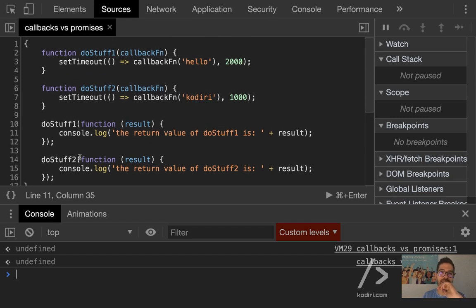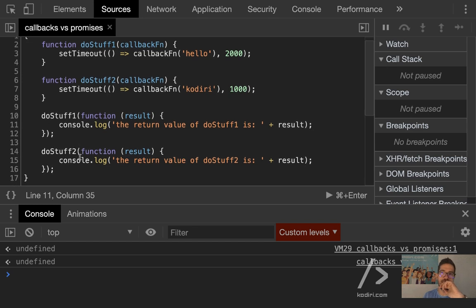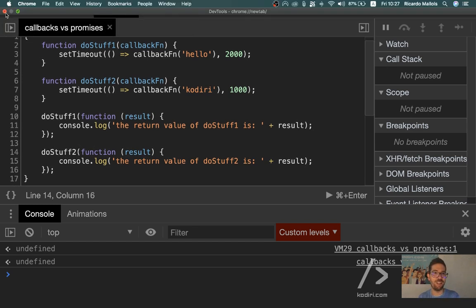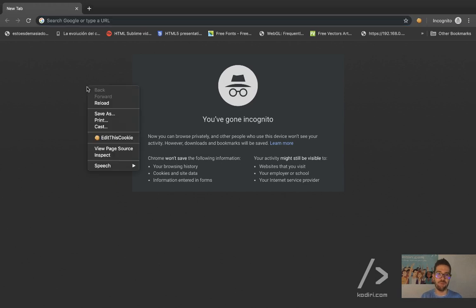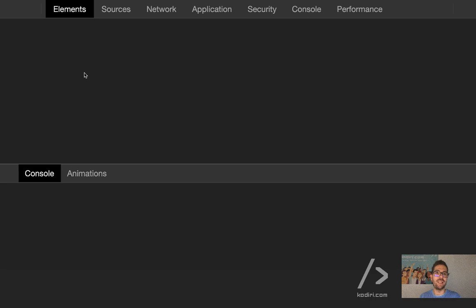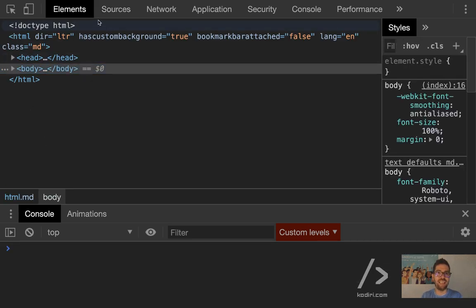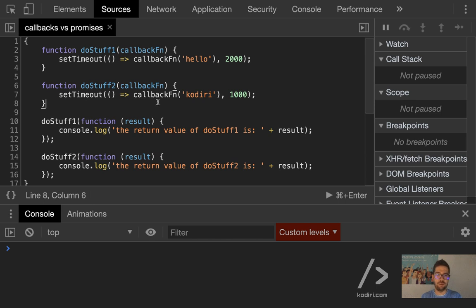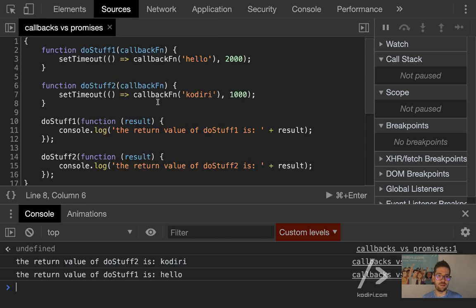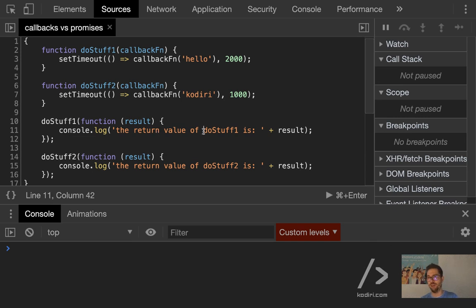Let me see if I can see any way of continuing and getting some help from DevTools. So, right, let me open it for the last time. I won't add any breakpoints just in case the breakpoints are ruining the entire experience. Let me run it again. Oh, you see, without any breakpoints, it does work. I'm not going to add any breakpoints because it looks like it's ruining everything. I'll run it again. No, it only works the first time. This is completely stupid.